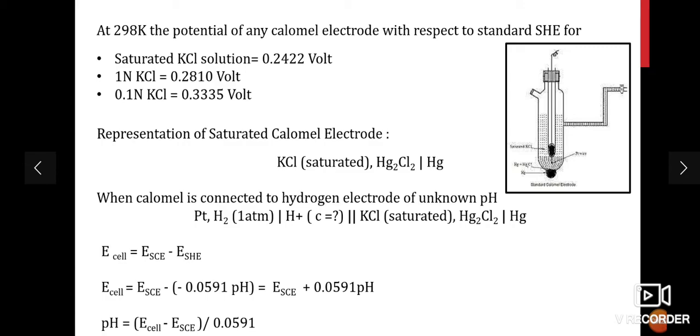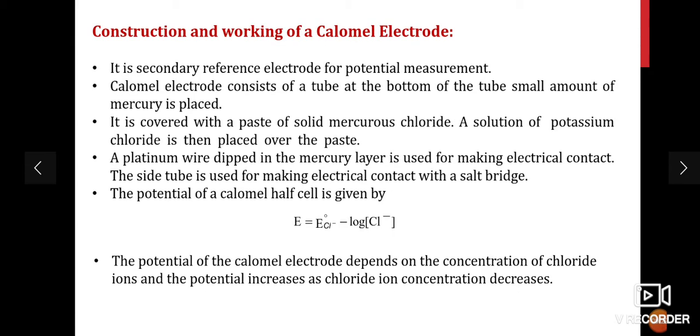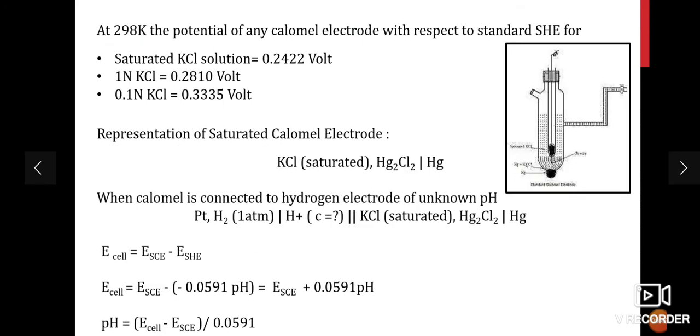The potential of the half cell electrode is given as E equals E naught minus log of chloride ion concentration. So the potential depends on the concentration of chloride ion. The potential of this calomel electrode depends on the concentration of chloride ions, and the potential increases as the chloride ion concentration increases. So at 298 Kelvin, that is at room temperature, the potential of the calomel electrode when it is connected to the standard hydrogen electrode, for saturated KCl solution,